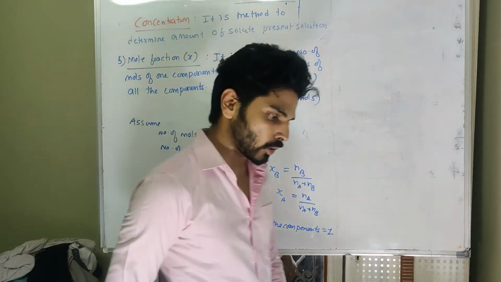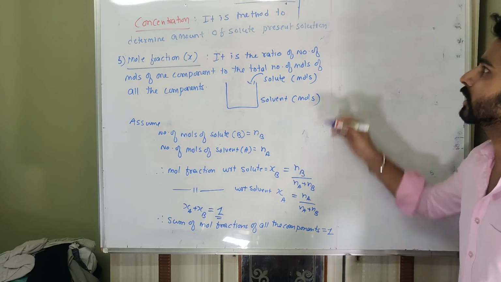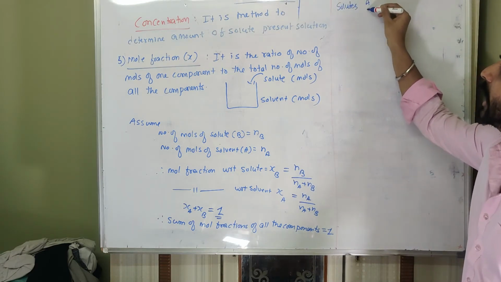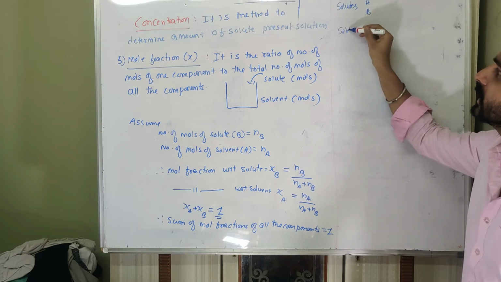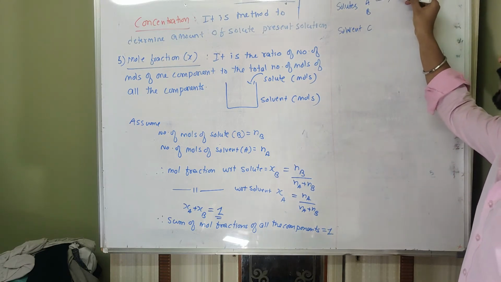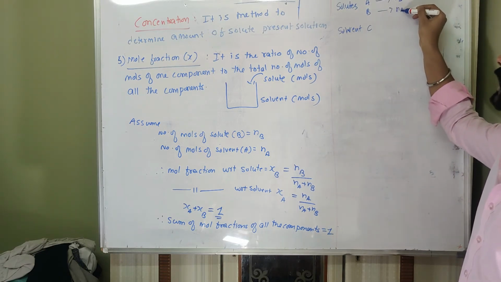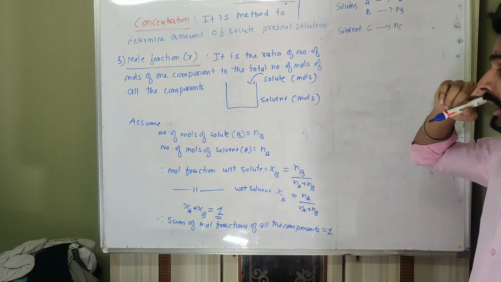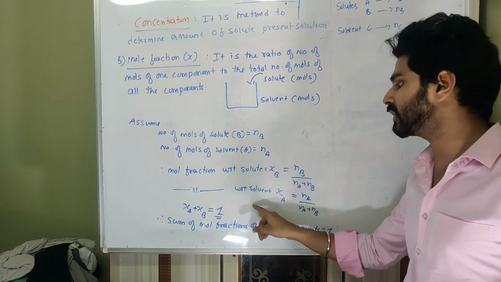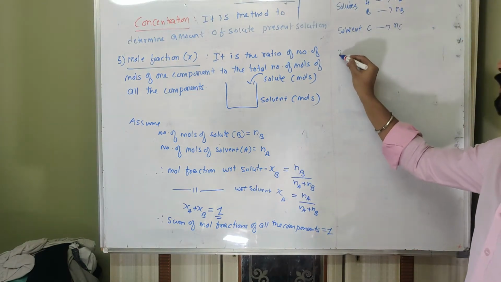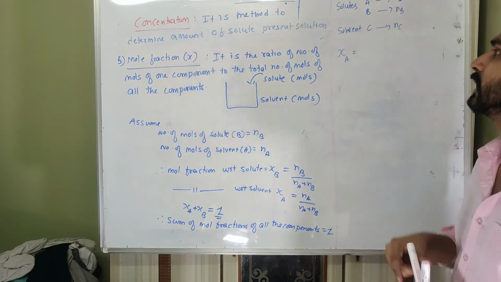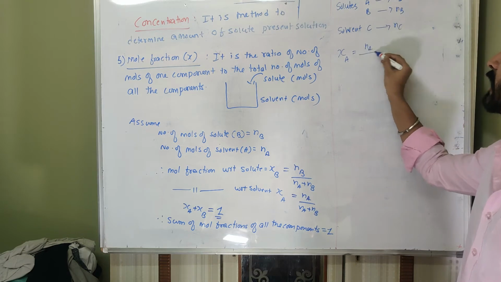If you are talking about a 3 component system, let us say there are 2 solutes A and B, and the solvent is, let us say, C, with number of moles of A as NA, number of moles of B as NB, and number of moles of C as NC. In this case, solvent and solute doesn't matter. We can write mole fraction with respect to solute as well as solvent. So if I want to write mole fraction with respect to A, then it is called XA. Then its mole, that is NA, divided by total moles.